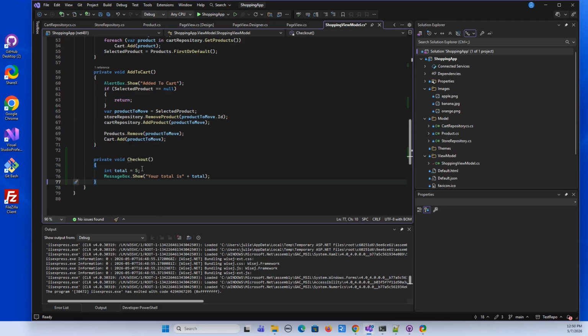All right, so let's add the checkout method. And it's pretty simple. We have our total, and we're going to show a message box that says our total. Later on, we will actually update this total so that we are calculating the total of all the products in the cart. So let's go to our view,